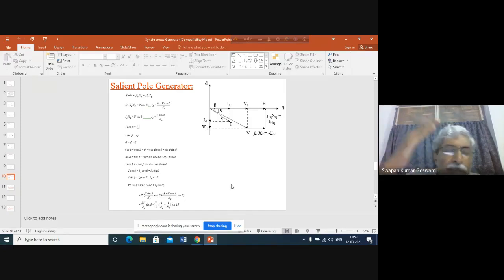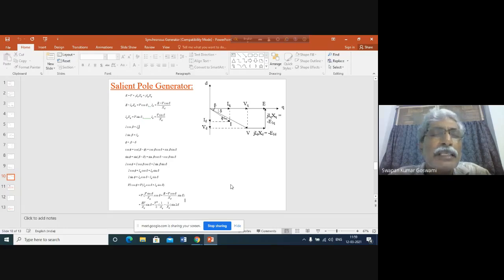That means by changing delta only a little, I can send more power. Or if there is a change in the active power input to the salient pole generator and to the cylindrical rotor generator, the delta variation will obviously be more in the cylindrical rotor machine. That means the stiffness of the salient pole type machine is somewhat higher than that of the cylindrical rotor type machine. We can say that salient pole type machines have greater inherent stability than the cylindrical rotor type machine.